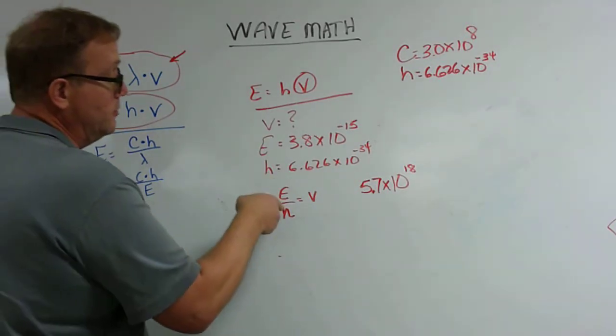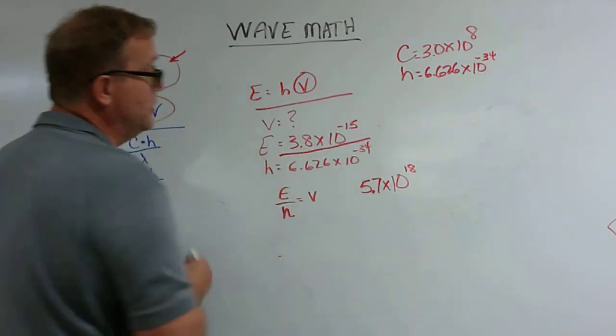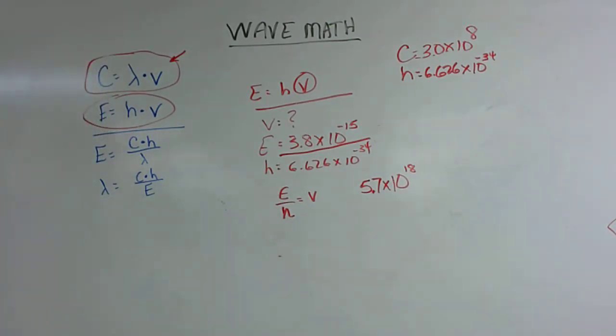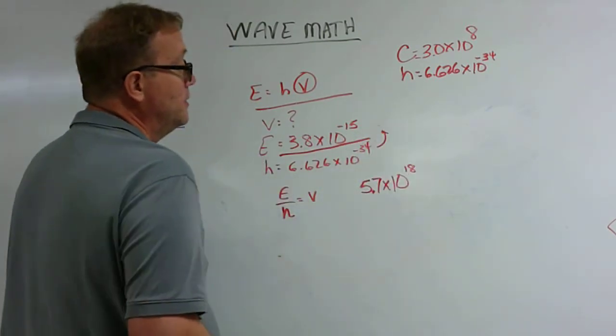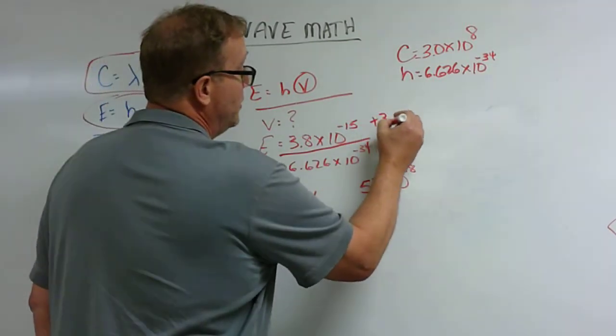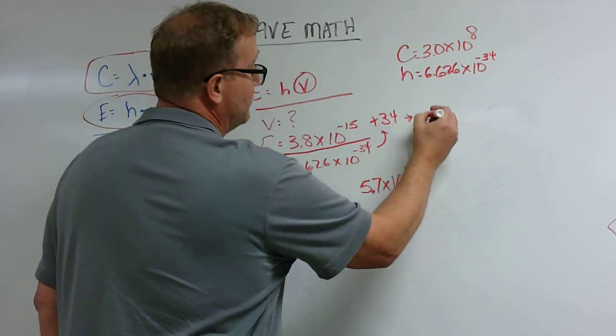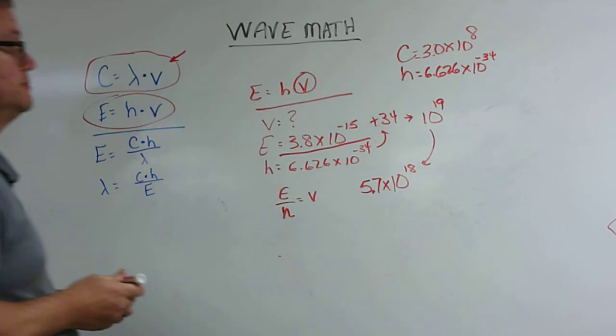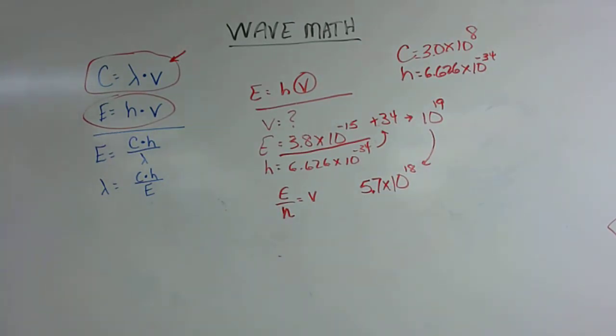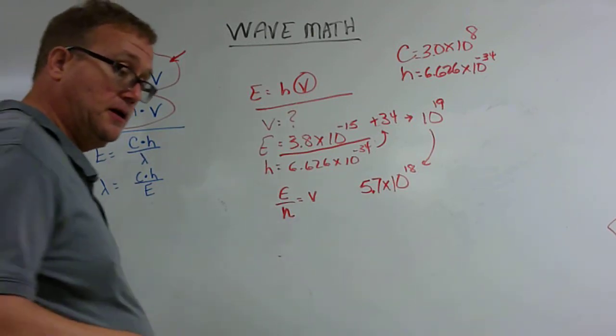So basically, the way I have it here, you'd be dividing it. Again, you'd be flipping this one up to the top. So I'm going to know that it's going to be around times 10 to the 19th power. Your other number will look like a 0.57, but then your exponent is going to go up by 1. Again,